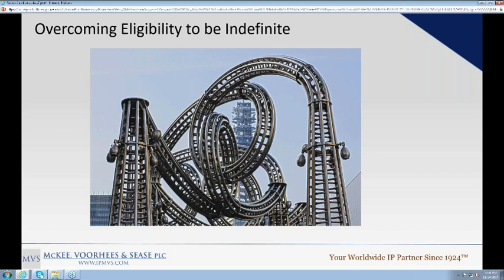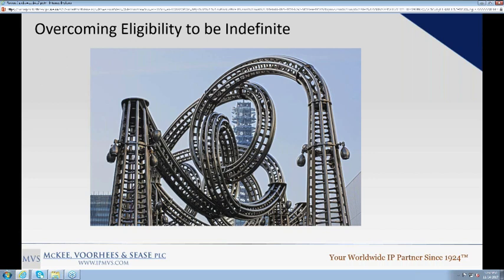Vice versa, you have a system claim and you've got that laid out, but you end up needing some steps that kind of walk through how the method works, right? Permissible functional language, something to that effect, saying, this system is configured to do this or receive this response and take this action, so that you can provide enough specificity to get over this abstract idea, generic language rejection that